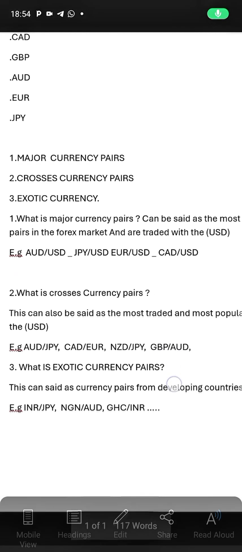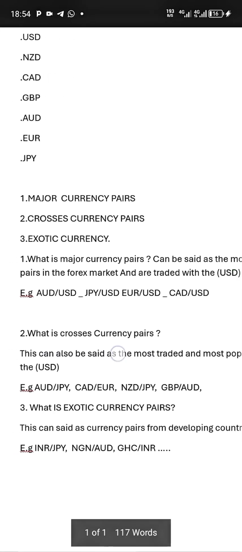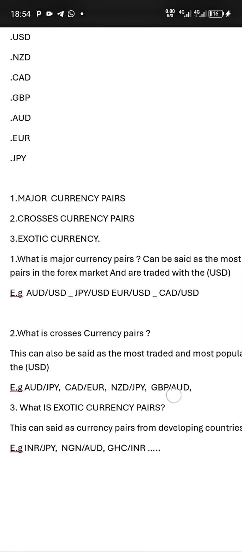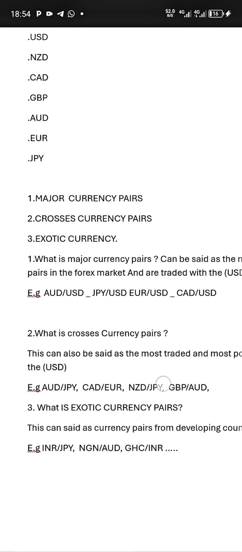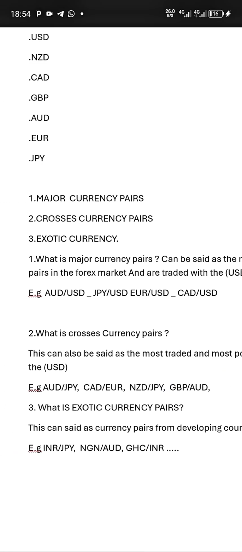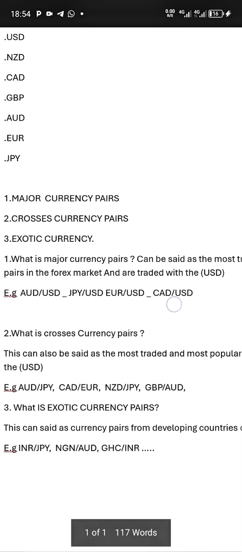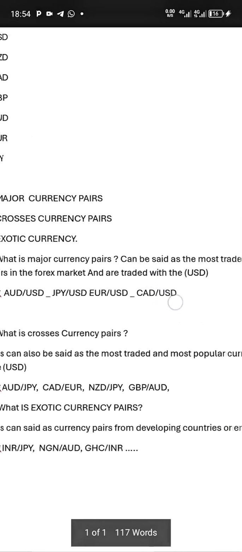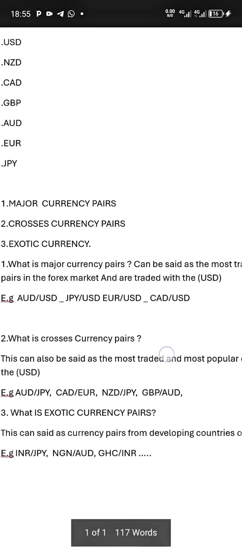So now diving back into what crosses currency pairs are. This is the second type of currency pair, which can also be said to be among the most traded and most popular currency pairs, but doesn't have the USD, that's the United States dollar. You see, it's the opposite of the major currency pairs. In the major currency pairs, currencies are traded with the United States dollar. The United States dollar must be traded in the major currency pairs, but the crosses don't have the United